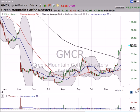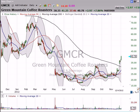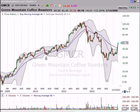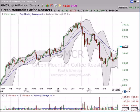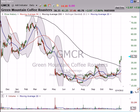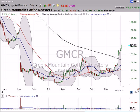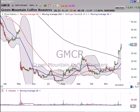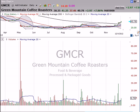Green Mountain just continues to run higher. This is what short squeezes look like. Now you look at the weekly chart and you can see the stock was in a pretty significant downtrend, but it started to move higher. But this is the chart that really tells the tale. Definitively, decisively above the 200-day moving average. Today's range is much higher than usual, wider than usual. Volume was higher than average, not as much as a few days ago when we got this big